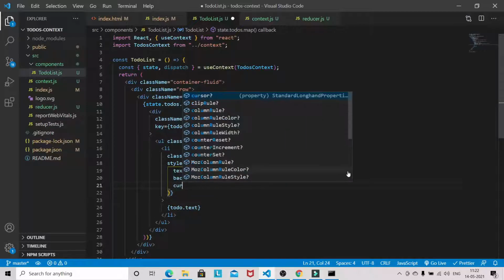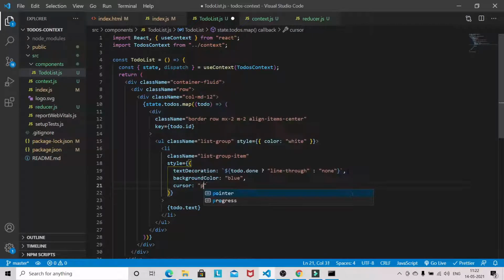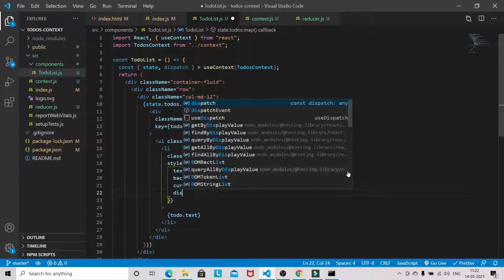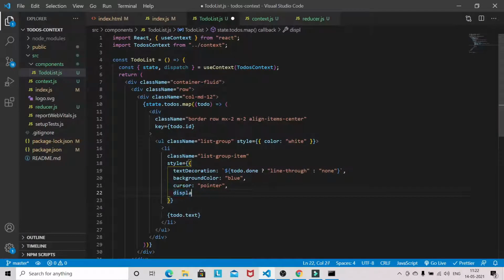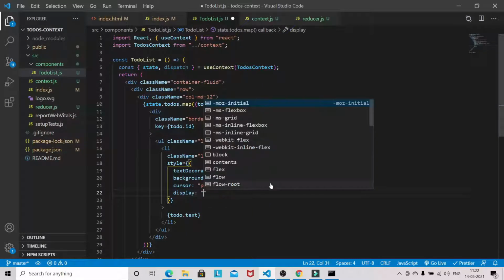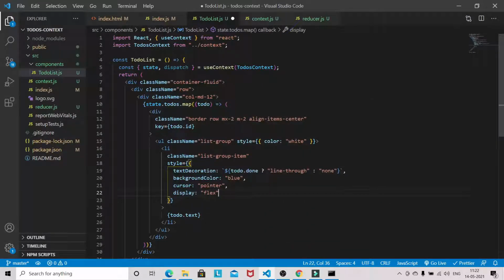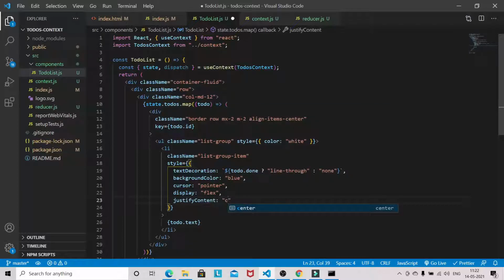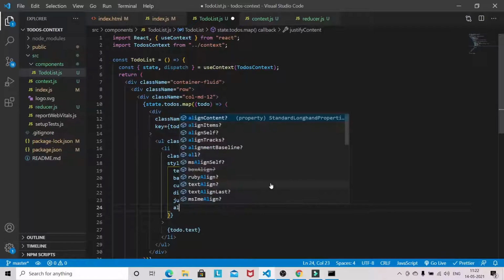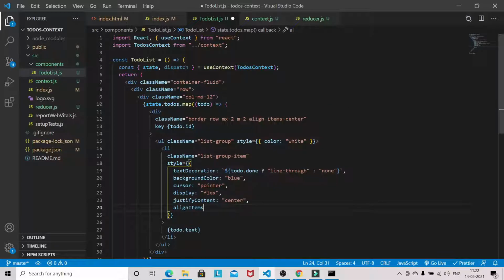We can give some cursor pointer and display flex, justify content and align items center.